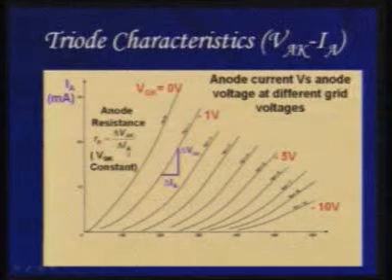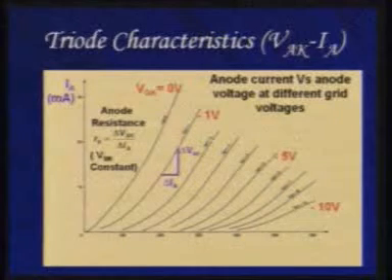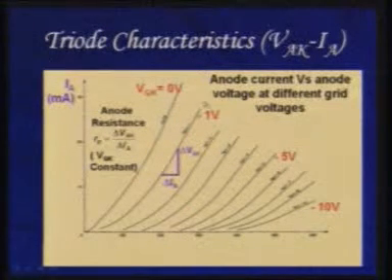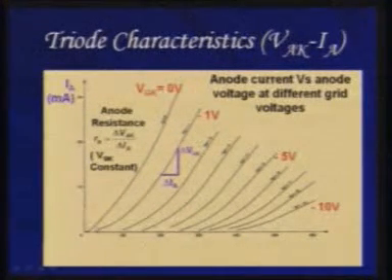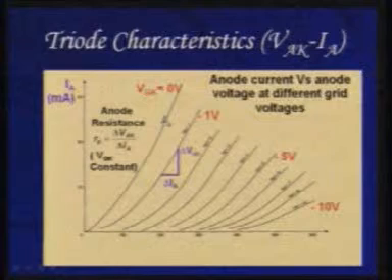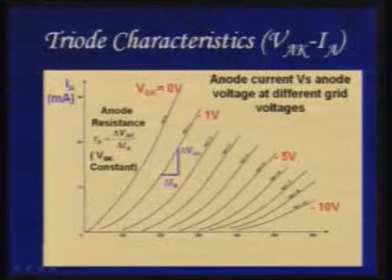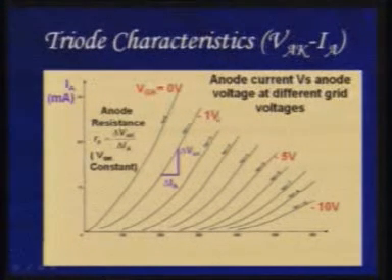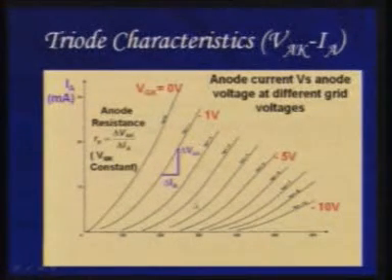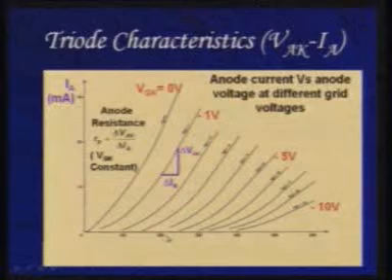This is a typical characteristic curve we have drawn here. You need not go into much detail of this. However, it is anode current versus anode voltage. If I have different grid voltages, when I have no grid voltage, then it is just like a diode, the earlier case that we have seen, where you get as much anode current as depends on the voltage I apply to the anode. But if I start applying some negative potential to my grid, slowly it starts reducing the amount of current flowing towards the anode, irrespective of the voltage applied to it.